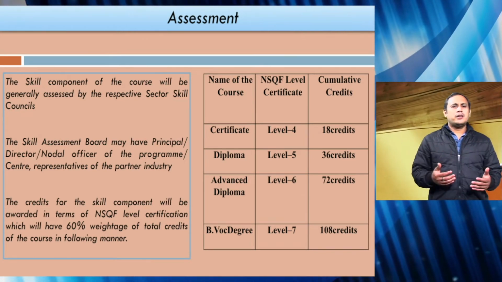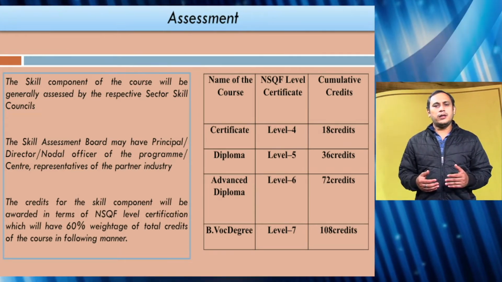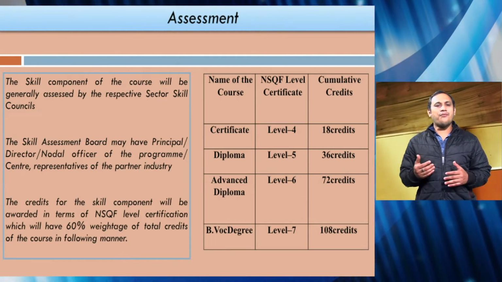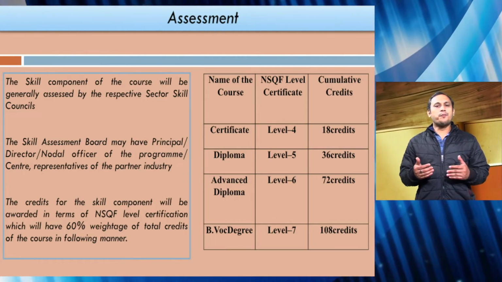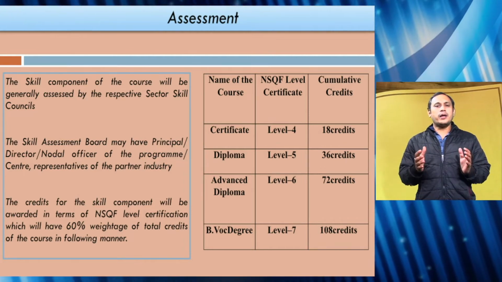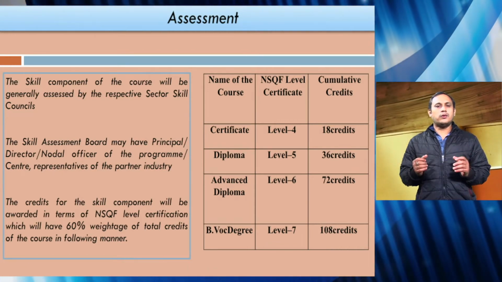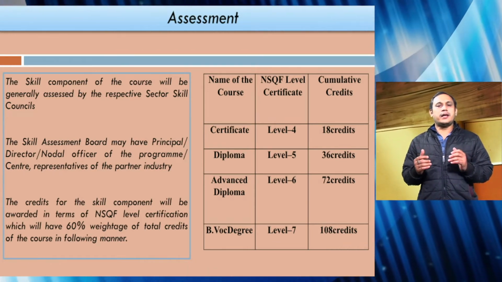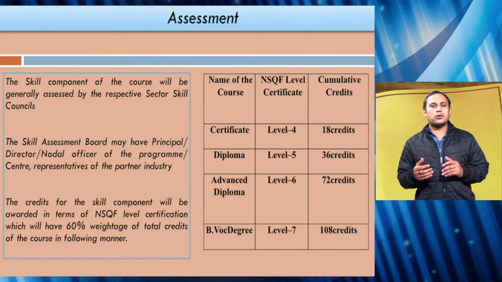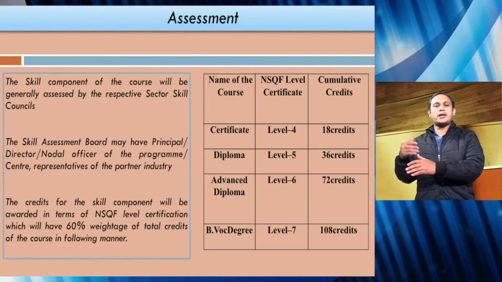Now further, if the sector skill council in the concerned or relevant trade does not have an approved QP which can be mapped progressively, or due to any other reason, then what happens? If the SSC expresses its inability to conduct the assessment, or could not conduct the skill component in the stipulated time period as per the academic calendar,